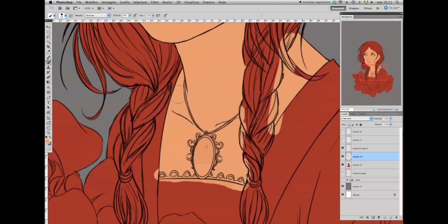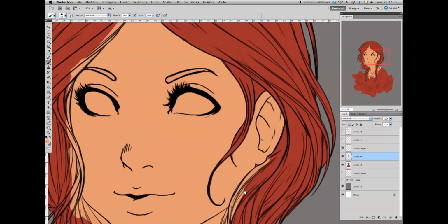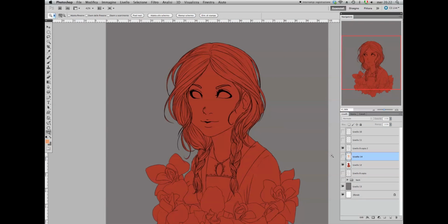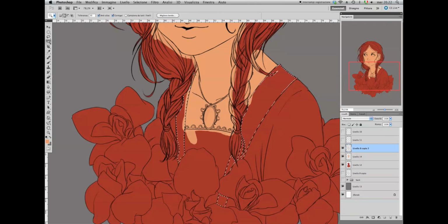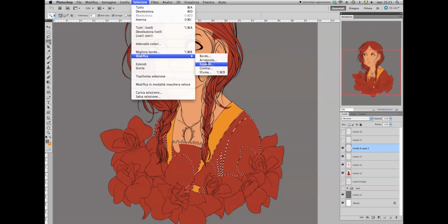Now after I fill it, I take the hard brush and give some strokes on the parts that are the borders, so with that and with the other parts of the drawing, they will be colored in separate layers with different colors. I do this to make sure that I don't forget any extra pixel in the base color. So we do the same thing with the dress and the hair,